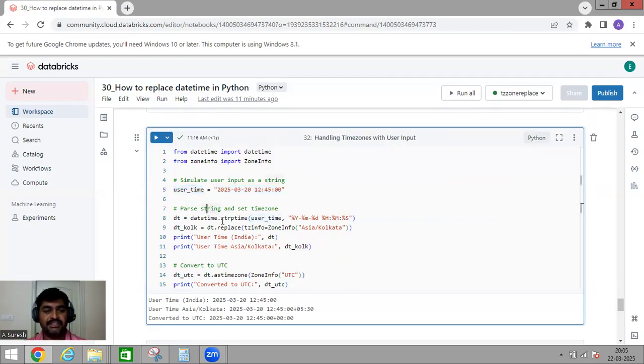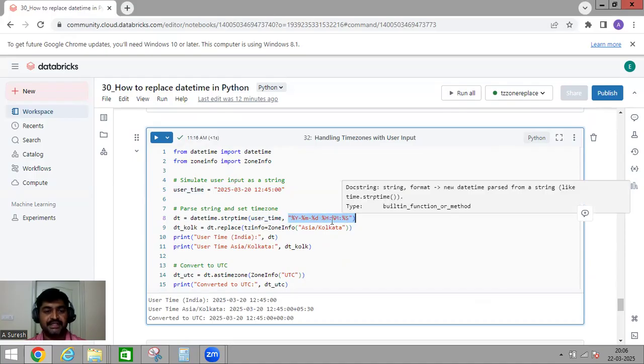First, I'm converting the string to datetime, so for that I'm using datetime.strptime. The p in strptime is used for converting from string to datetime. I'm passing this string and I want it in this format: year, month, date, hour, minute, second. Okay, so after creating this,